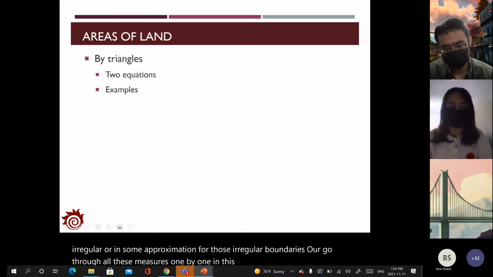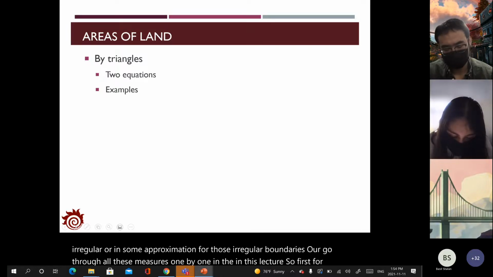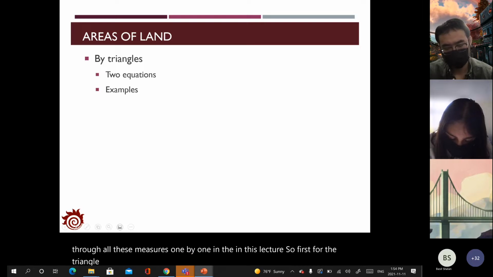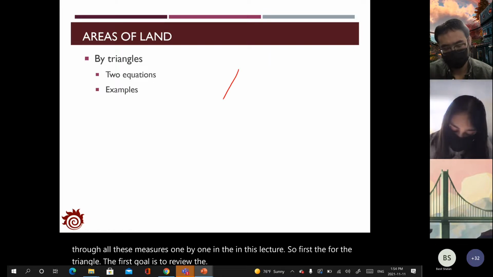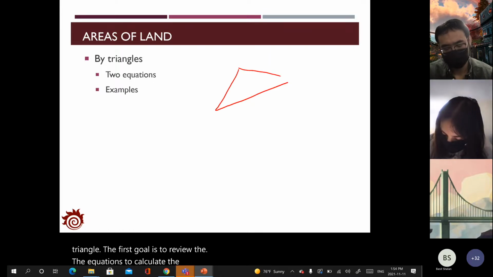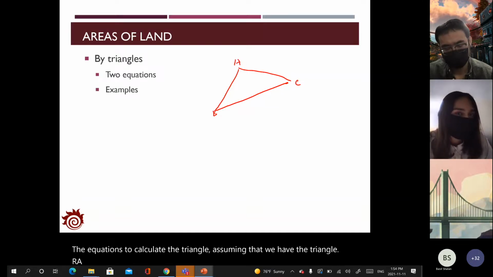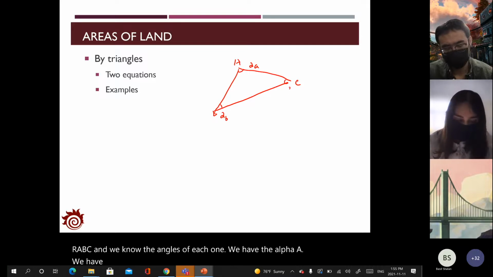So first, for the triangle, let's first review the equations to calculate the triangle. Assuming that we have the triangle A, B, C, and we know the angles of each one. We have alpha A, alpha B, alpha C, and we also know the length of each side,